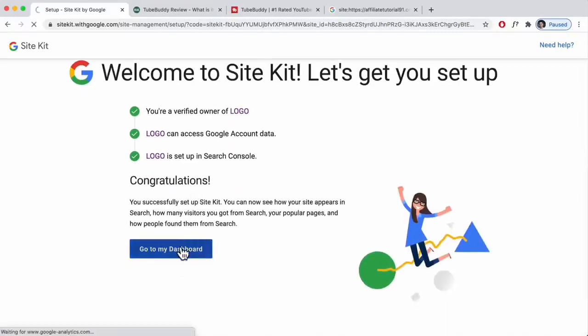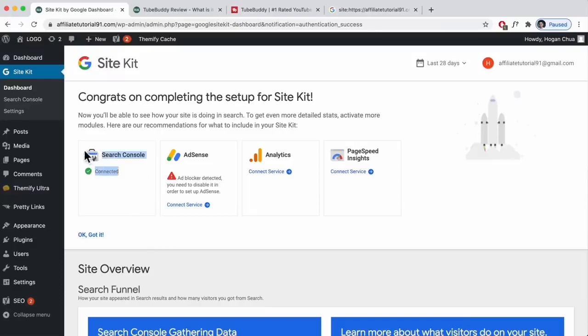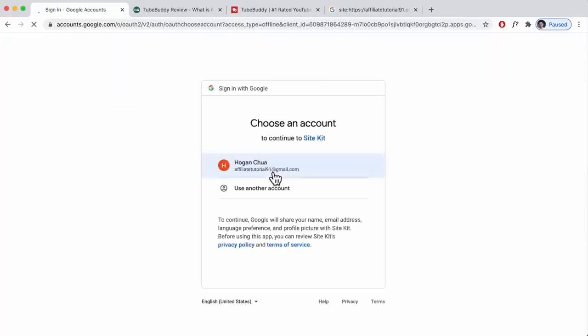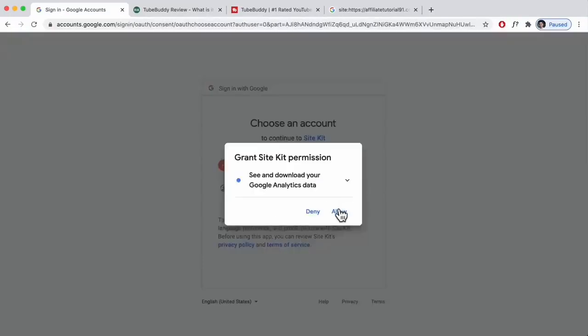Okay, so go to my dashboard. Okay, so it's connected with Google Search Console. So the next thing I want to connect is Google Analytics, right? So it's going to track your visitors. So click on Connect Service, and select your account. Just allow that,